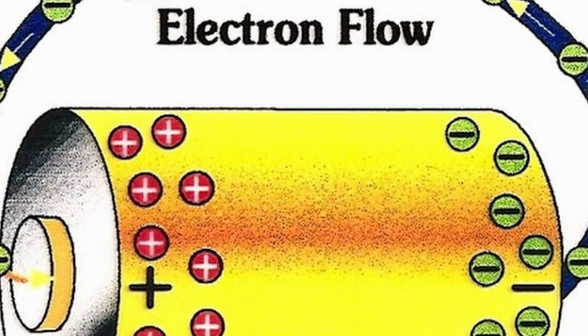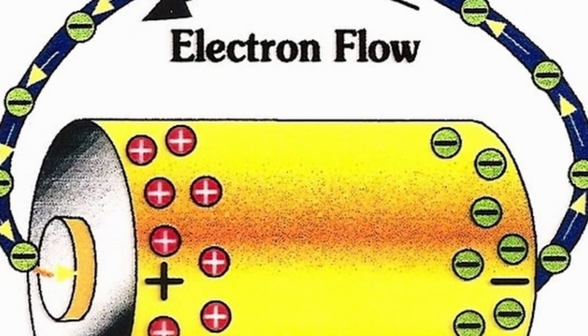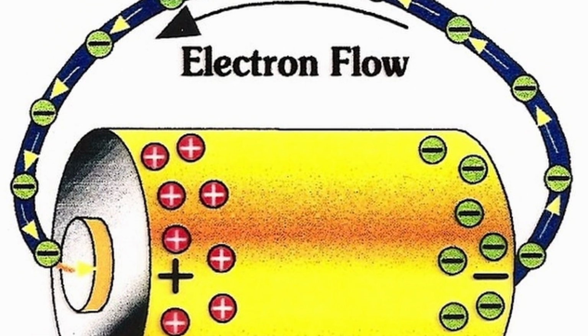They'll release their electrons to other metals, and that's why they'll corrode really quite quickly. That's exactly how a battery works. The negative terminal is called your anode, and that'll release ions, and the positive terminal, which is your cathode, will want to receive them. Now, if you put a wire between these two,